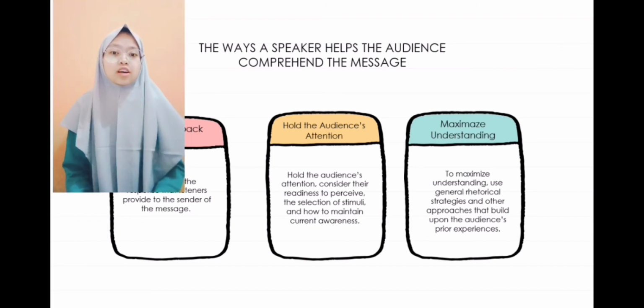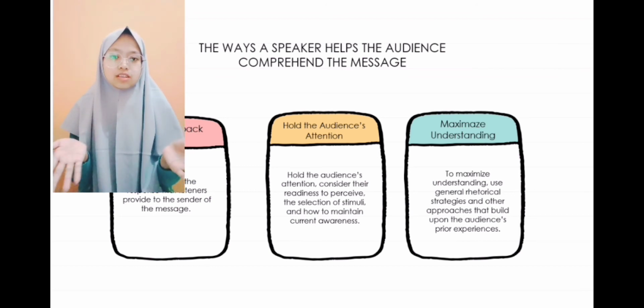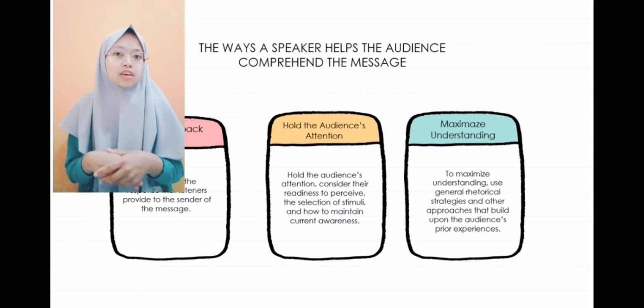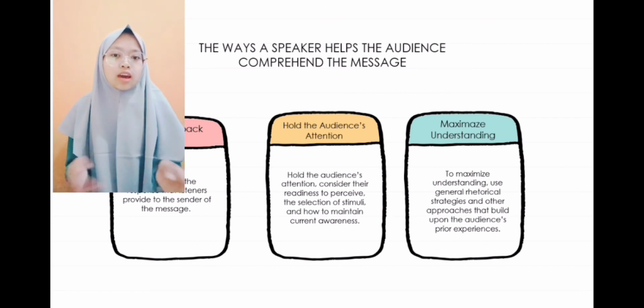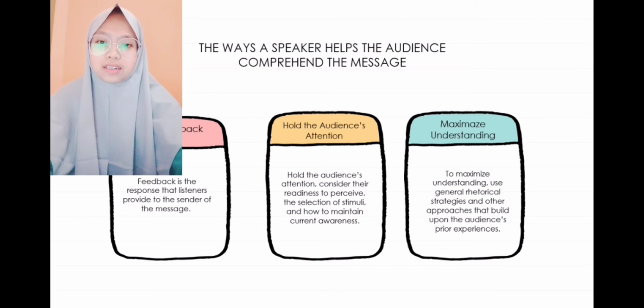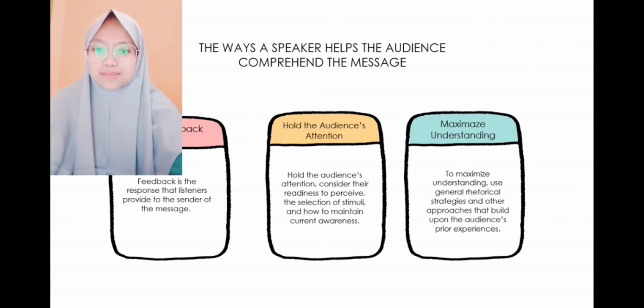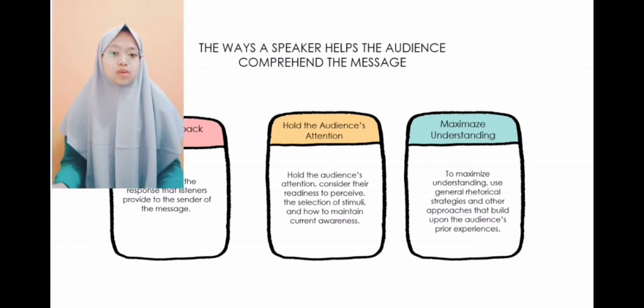The second one is hold the audience attention. Consider their readiness to perceive, the selection of stimuli, and how to maintain current awareness. The speaker does this with the opening in the first 25 to 30 seconds. And the last one is